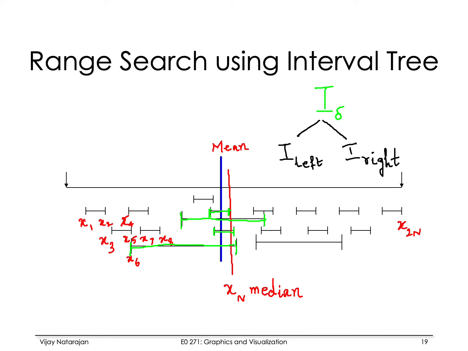The collection of intervals that belong to I sub left will come from this collection, and I sub right similarly to the right of x sub n, right? So between I sub delta, I sub left, and I sub right, we have all the intervals, right? So the partition proceeds